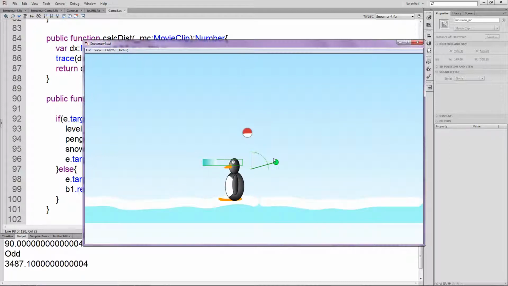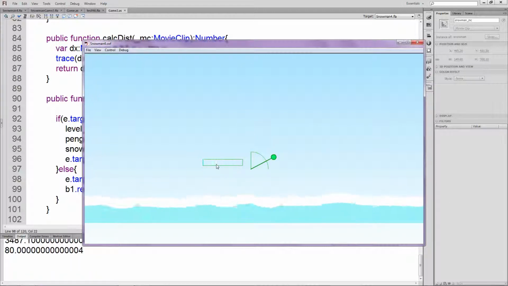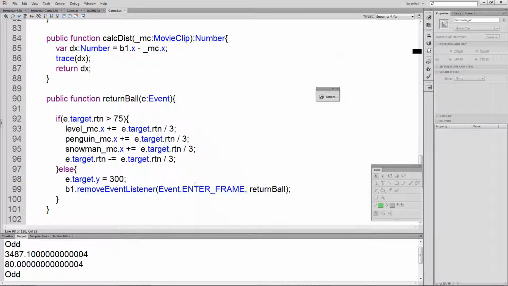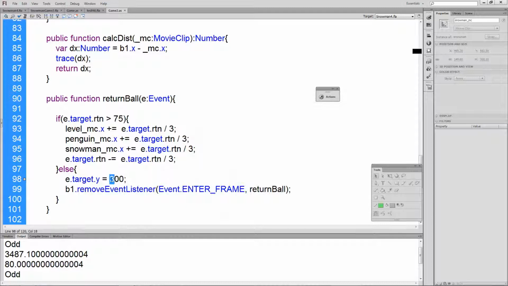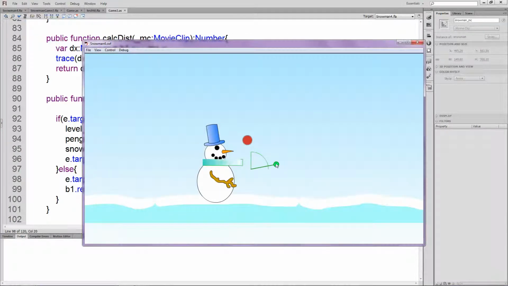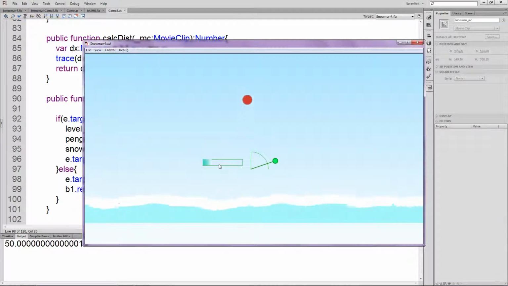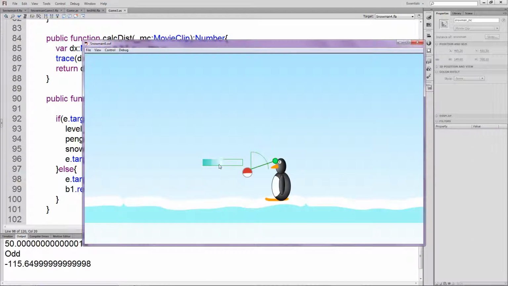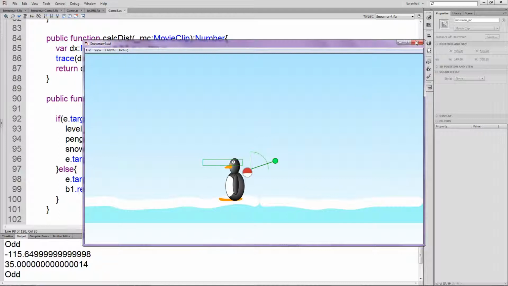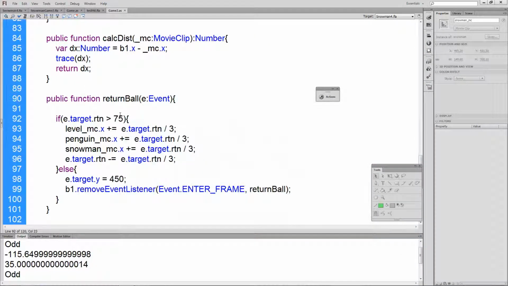Okay, it's a little bit too high at that point, and we should be able to throw the ball, and notice that it continues in the same direction. So with the move ball function, we need to make sure that it's in the right place. So let's just set that to 450. See what that gets us. Okay, so it's roughly the right height. I'm going in the wrong direction. So all we need to do then in